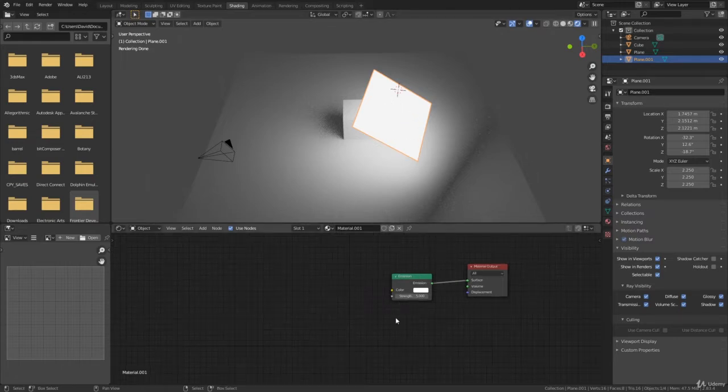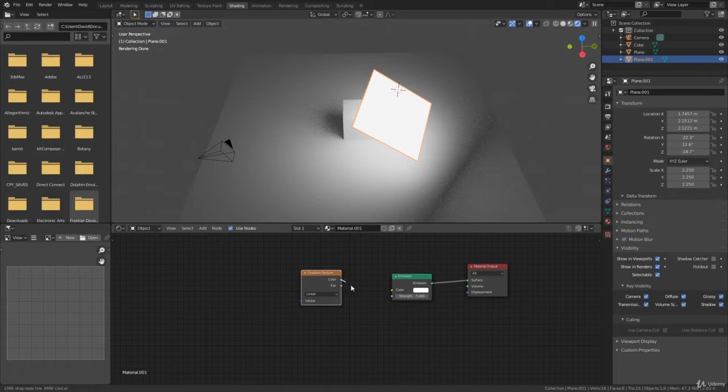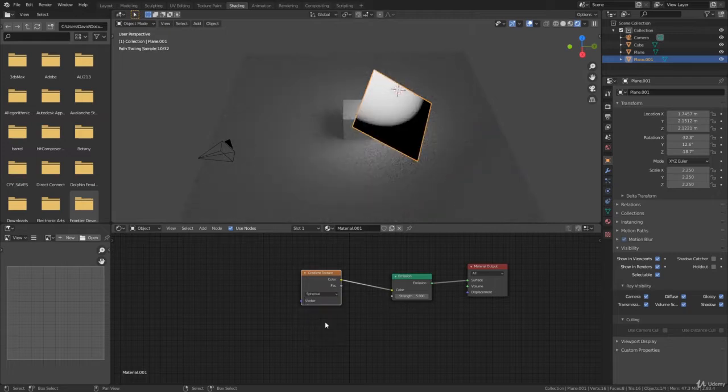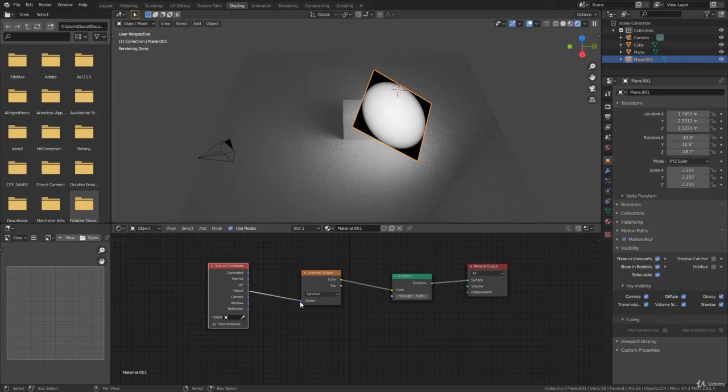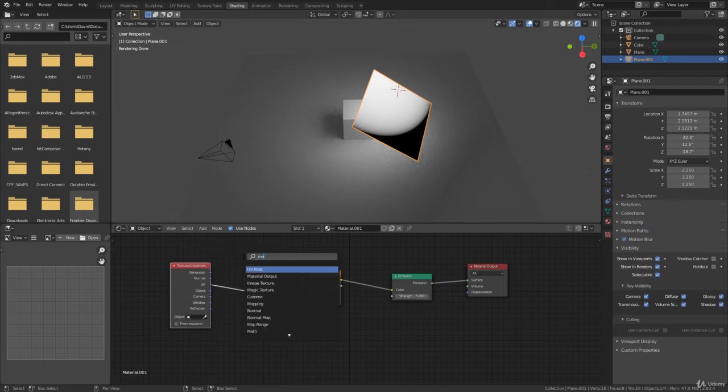So here we have our material nodes, and we can literally just put a gradient texture in here. Color goes into the color, and the gradient type is linear. I like to put this at spherical, but the sphere is not really in the middle. You just need to add a texture coordinate node here and use object to vector. You can even use UV to vector, but then you have to change it up a little bit with the mapping